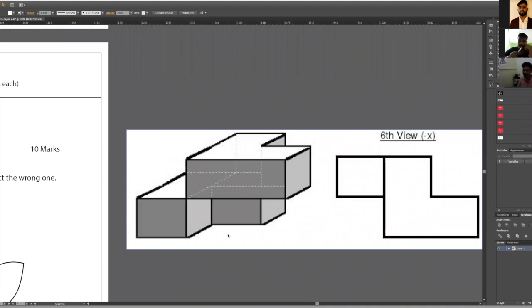They might give you this 3D object directly, and they might give you 12 options, asking you to figure out the 4 correct sides of it, or maybe vice versa, find just one side of it.